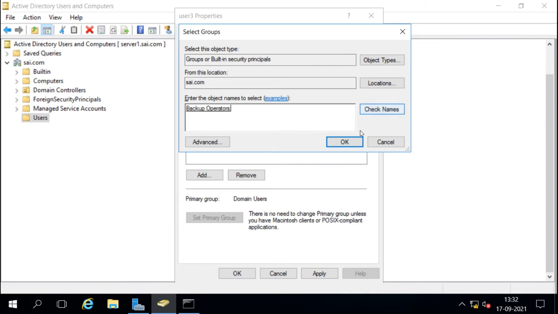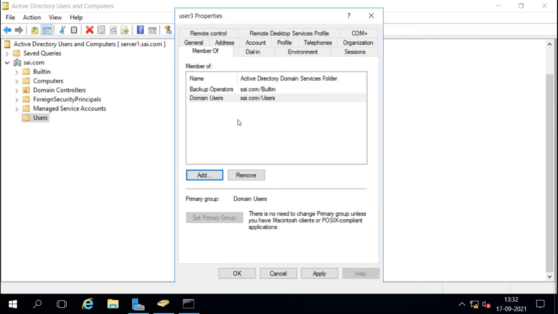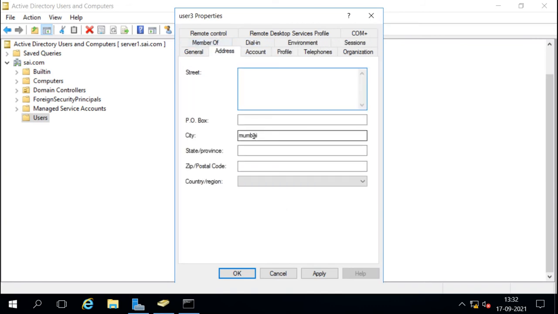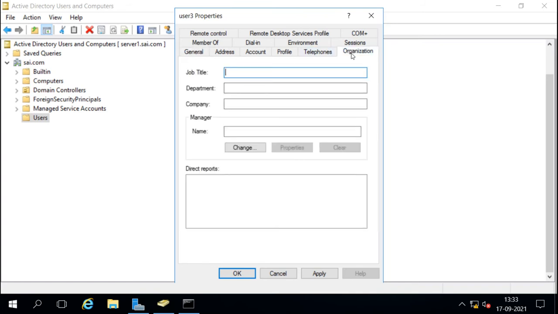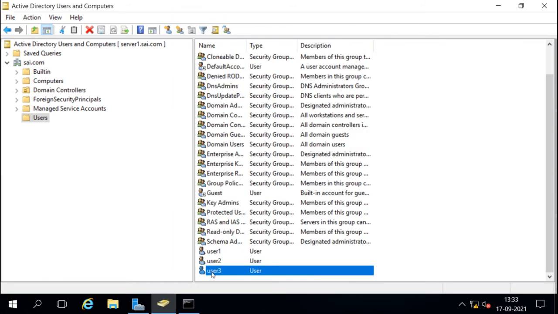So this user has some information added, attributes like this is having some membership, it is having the address information here, it is having general information, office information here. Let's say it is from the IT department. Now these are the information we have added into the user, but when we delete the user, it rips all the information, only the UID will remain, and it will go on to deleted objects. Now I will delete this user.